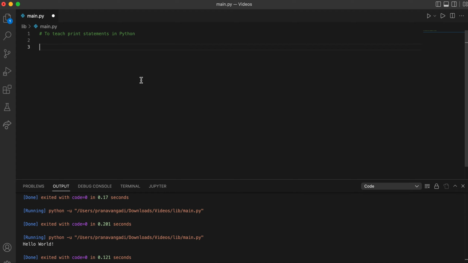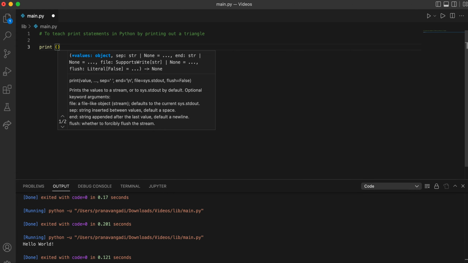Let's go ahead and get rid of this, and let's now print out a triangle. This is just to kind of play around with print statements. You can end the video here if you don't want to do this, but I think it's a good idea, so let's do that. What we'll do here is replace "to teach print statements in Python" with "to teach print statements in Python by printing out a triangle," to be more specific.